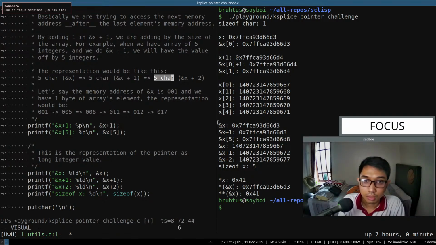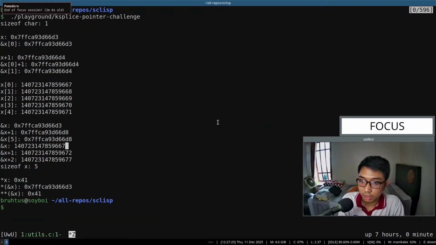The next one is 5 char again, like off by 5 char, from what I understand. If you look at this one, 70, and then this one is 72, right? And then off by 5 char again, 77. Okay, I think